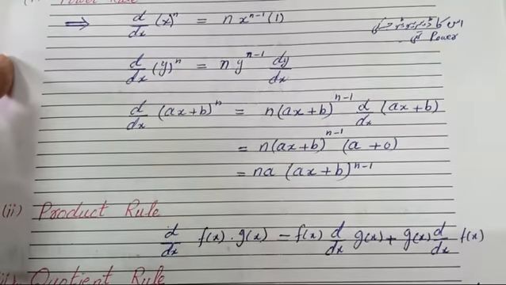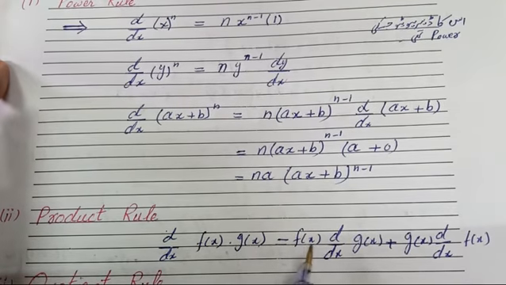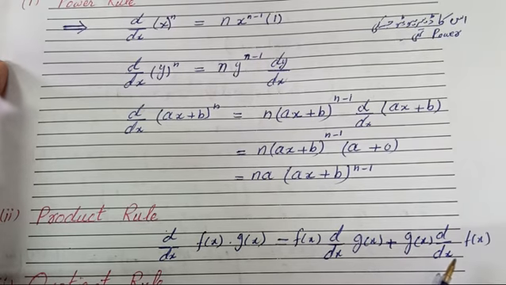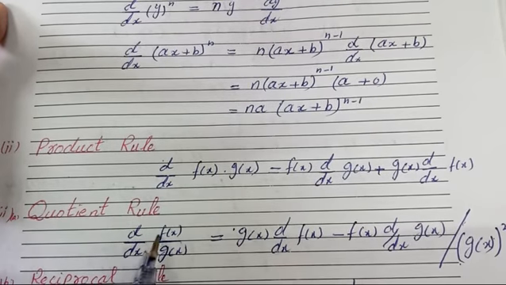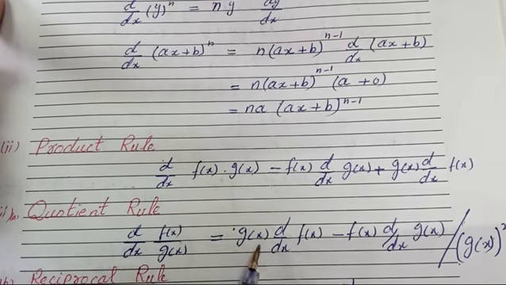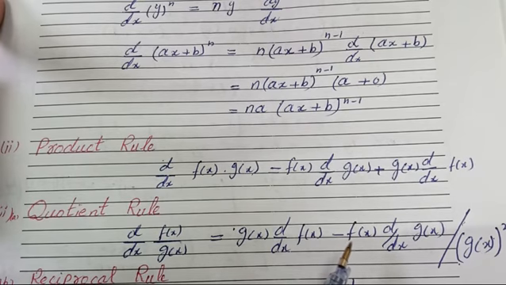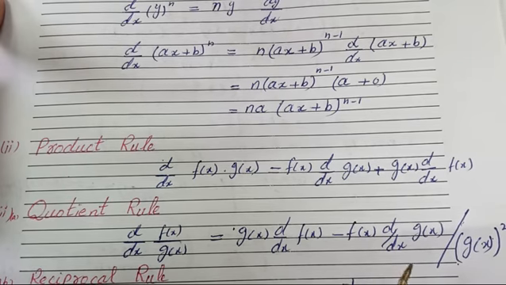While the product rule is, if you have two terms in multiplication, like here f of x and g of x, then f of x, the first term, as it is, times the derivative of the second term, plus the second term times the derivative of the first term, right? And the quotient rule, if there are two terms in fraction form, one in the numerator and the other in the denominator: the denominator term is written as it is, times the derivative of the numerator term, minus the numerator term as it is, times the derivative of the denominator term, and hold all these terms, all these terms are divided by the square of the denominator term.